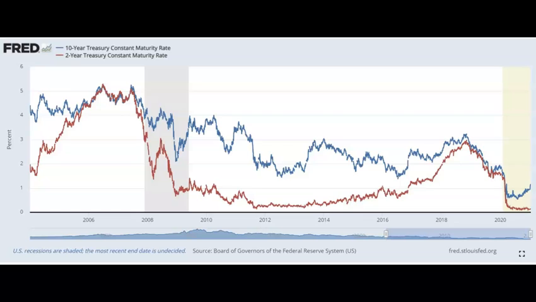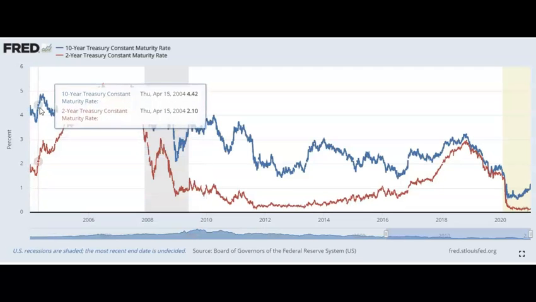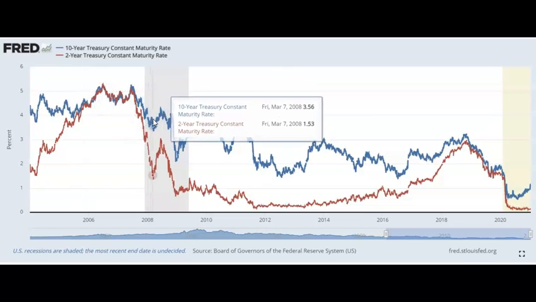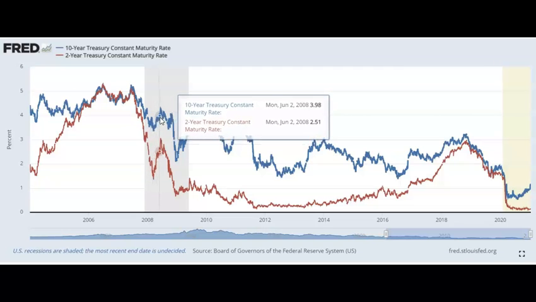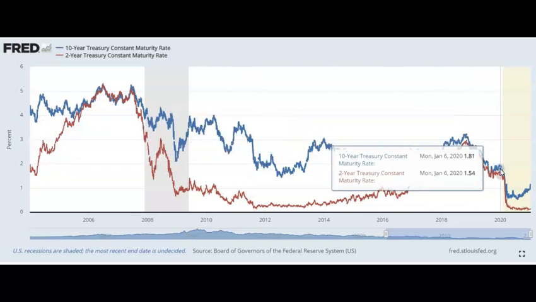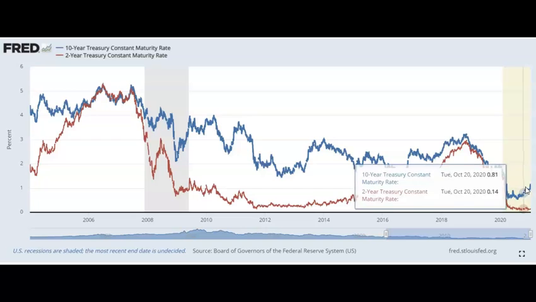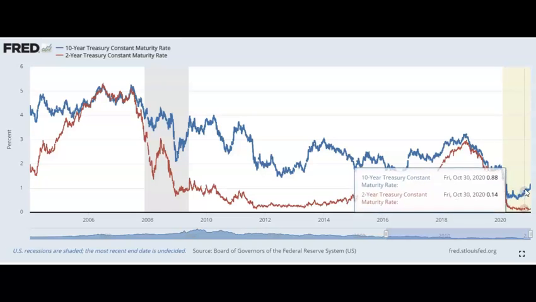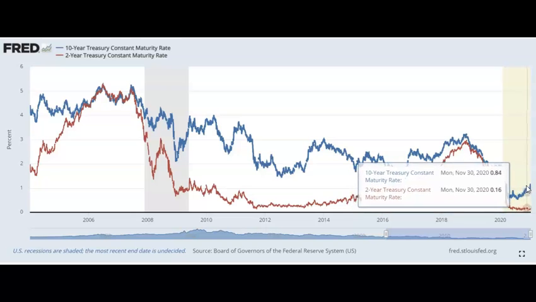So I have a graph dating back to 2005 on the yield for 10-year treasuries and the yield for 2-year treasuries. If we look specifically at the 10-year yield, it was in 2005, 2006 roughly between 4 and 5%, and during the financial meltdown in 2008, the long-term yield fell. And if we go back to most recently, the yield on long-term treasuries, or the 10-year, is roughly around 1% right now. And it is gaining momentum, has just recently broke above 1%, and it looks like it might go higher.